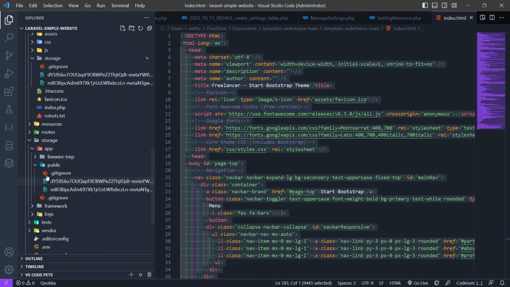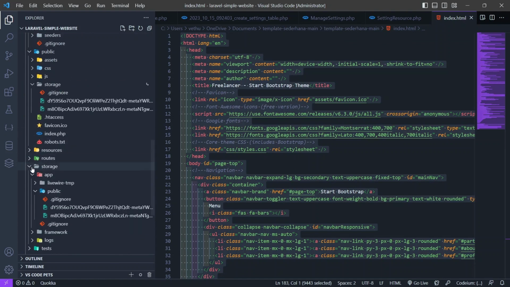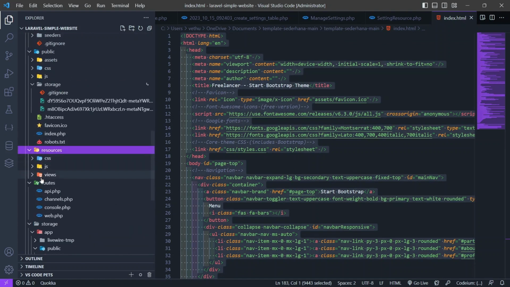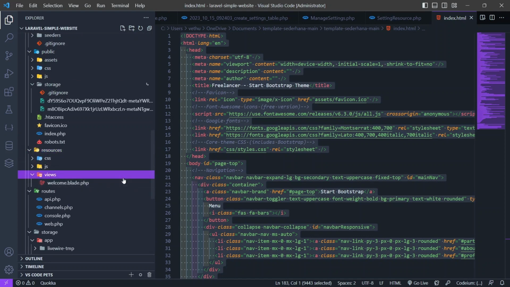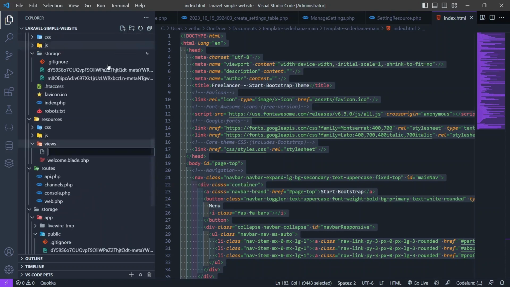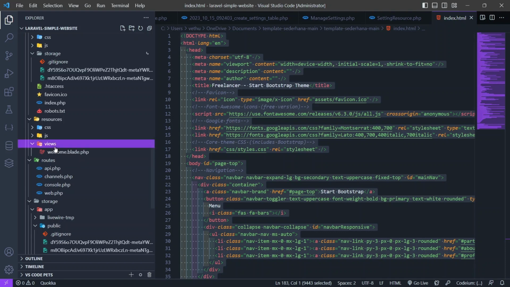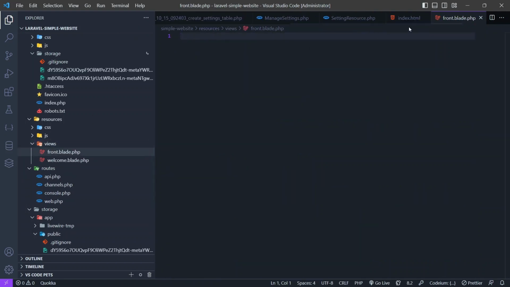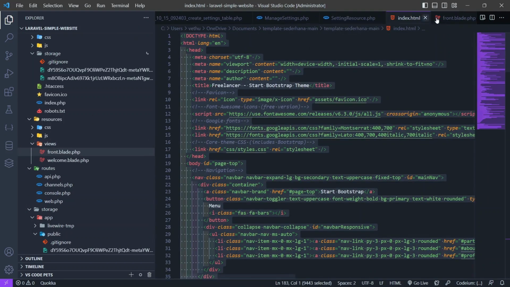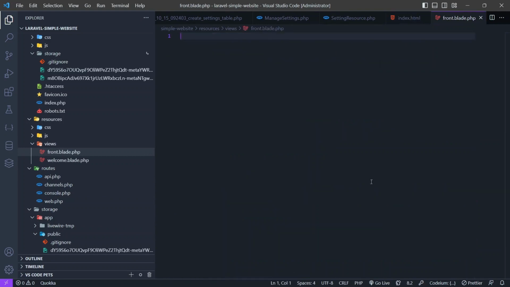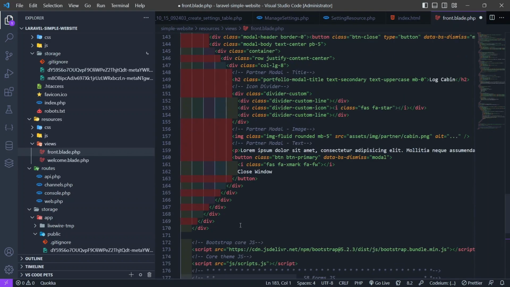Let's make blade here in the resources, and then views, make a new file, for example front.blade.php. It's like that, and then paste this index HTML here inside of the front blade, paste it here, and then